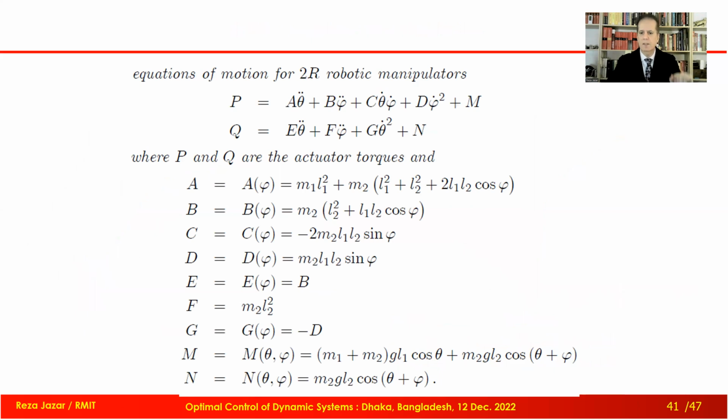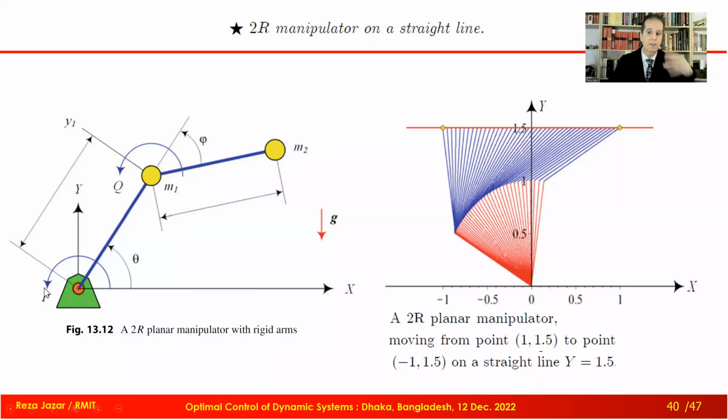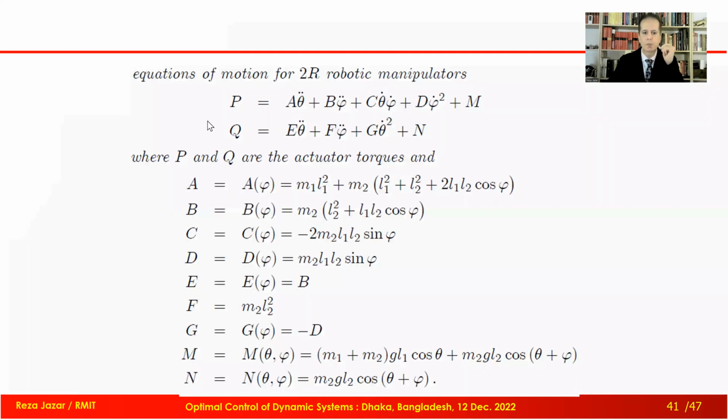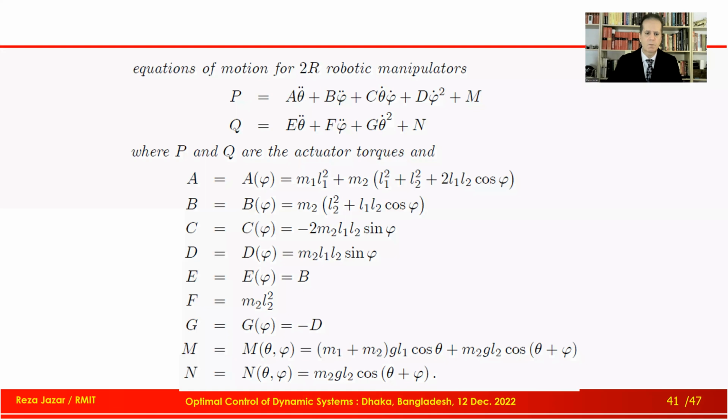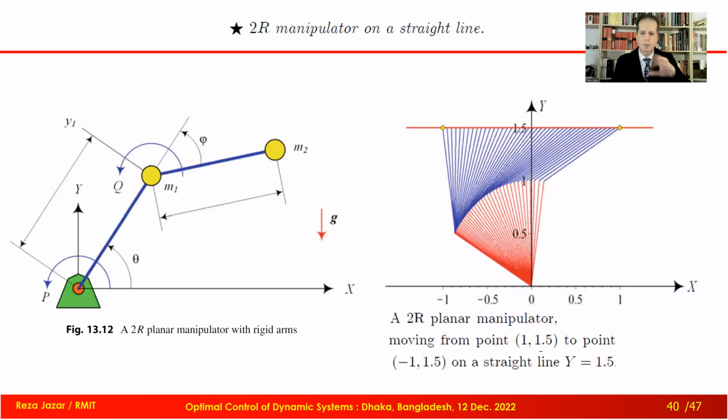The algorithm to make this equation of motion, which I call P and Q. What are P and Q? Back here, on the left side, you see P is the torque of the ground motor. Q is the torque of the air motor, the motor which is moving on M1. These two, P and Q, are equal to some differential equations in terms of theta and phi. Instead of naming them theta 1, theta 2, I went with theta and phi.